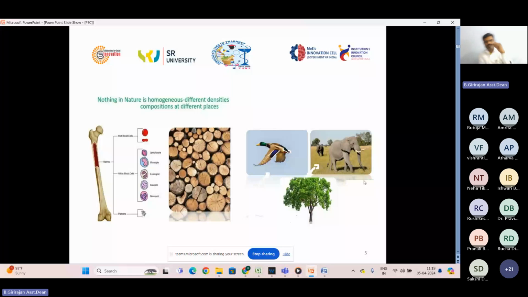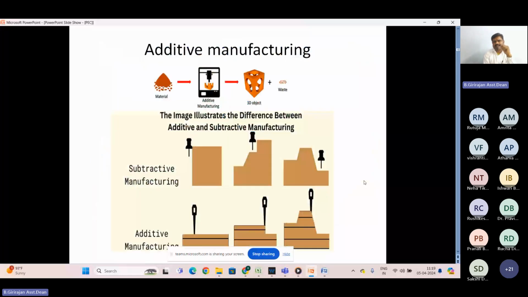So when we get into industries, engineering and other concepts, we go with additive manufacturing. Why I'm telling this is, when you are coming into the multidisciplinary approach, this is a very big concept, but we should know something about it from the engineering aspect. So I'm giving a brief note on additive manufacturing.